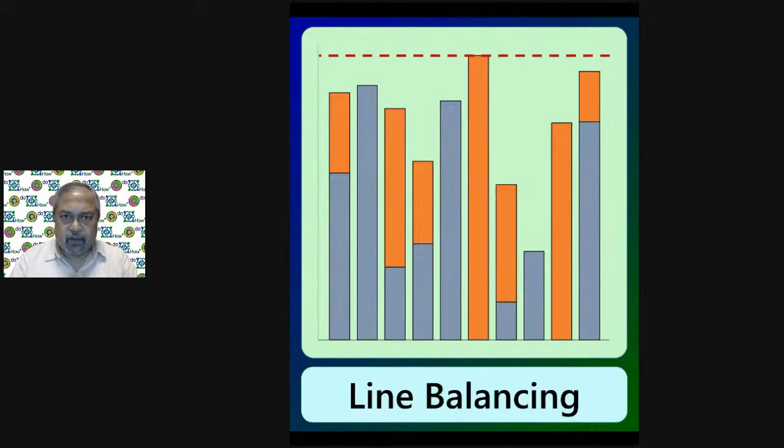Why are these two colors shown? It's very simple. One would be a machine control time. The other one would be a man control time. In any of these assembly operations, there will always be two different types of times.